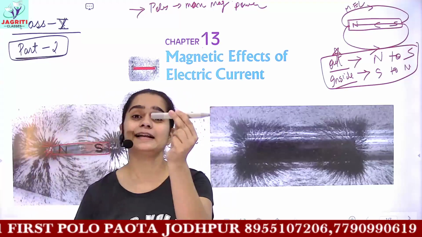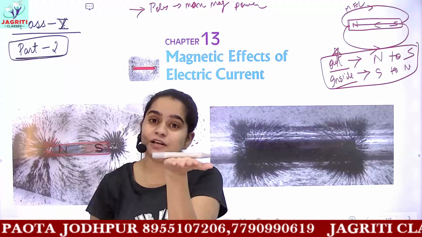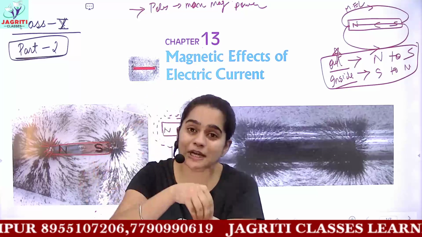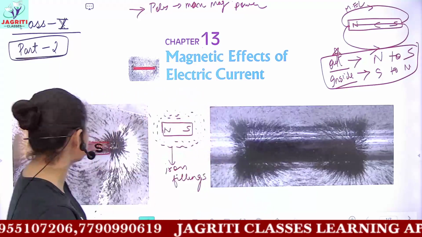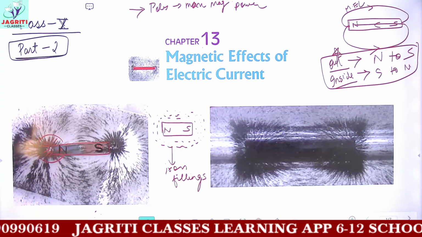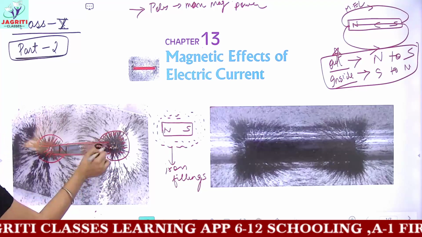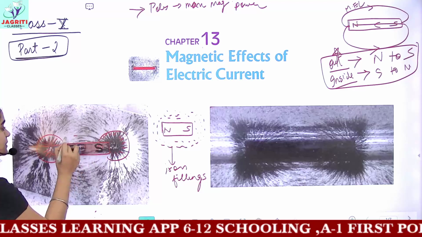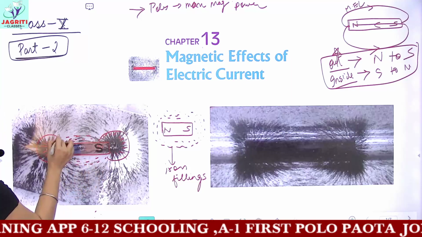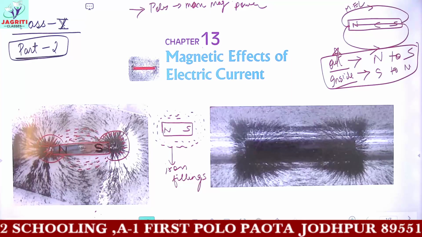If this is my magnet and if I am putting iron filings all over the magnet, then what I would observe is whenever I put a magnet, then all the iron filings would get accumulated or attracted on the magnetic surface. But their arrangement was, most of the iron filings gathered near the poles. As you can see, many iron filings were gathered near the poles and very few iron filings were gathered on the remaining surface. And that too, the direction or the pattern in which they got arranged was in this manner.